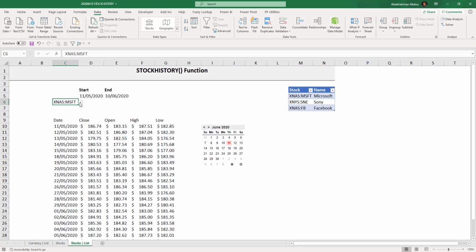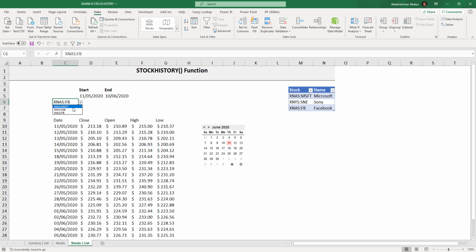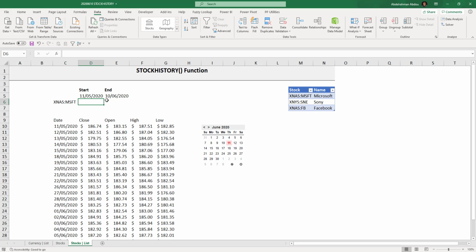And here, if you want to use a list, you can create a list like this. So you can either type the full name, including the stock market itself, or you can type just the symbol of the stock. So here I chose to type the full name, including the stock market. If you would like to know what the name of the symbol that you selected is, because this is confusing here, these are just symbols. If you're not an expert, or if you don't know the symbols themselves, you might want to just know what symbol that is. So in this case here, I do have a table, so you can just do a lookup,